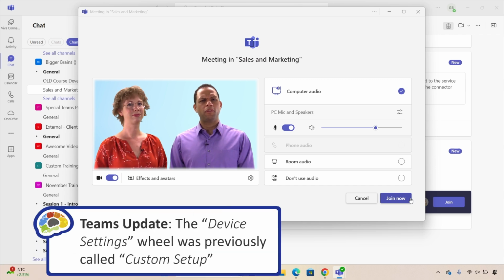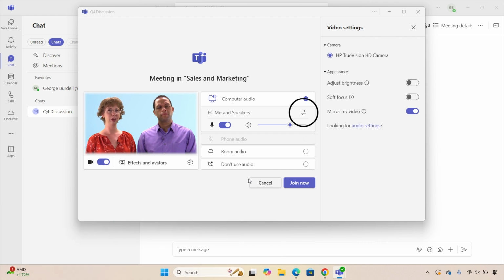What does custom setup do? It lets you choose which microphone and speakers you're using if your computer has more than one option, and also choose your camera. Okay, it sounds like most of the time I won't need those settings,